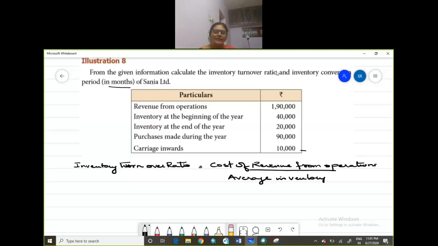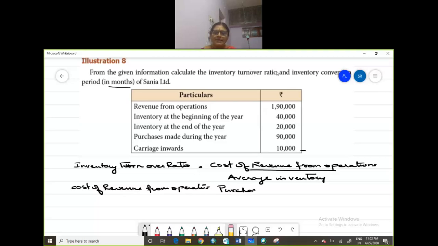Now, how to calculate cost of revenue from operations? Cost of revenue from operations is equal to your purchase first, purchase made,